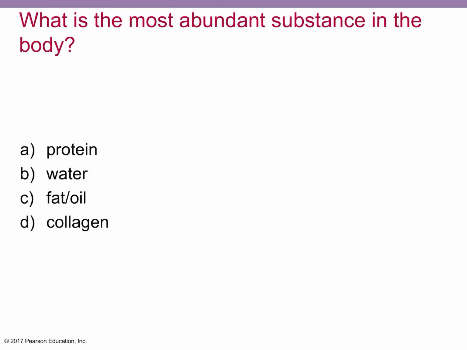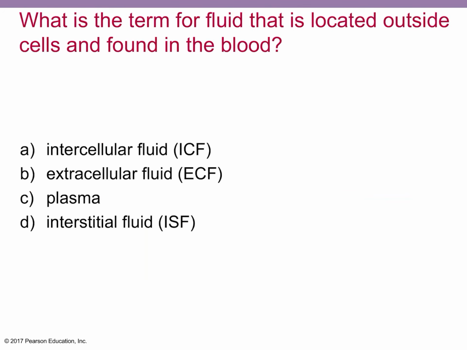All right, so let's take a look at this. The answer is B, water. All right, what is the answer to this? All right, that's going to be extracellular fluid, letter B, because it's outside of our cells, so it's not going to be intracellular fluid, and it's going to be also in the blood, so that's going to include plasma. So this one is your answer, extracellular fluid, because it's going to be all the fluid that's outside the cells, which includes the plasma,